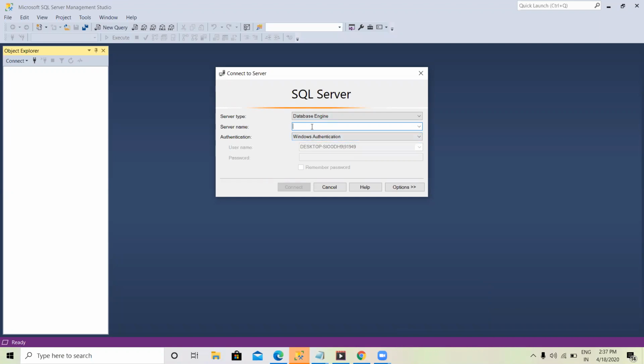I simply give the server name, which is a dot, and then click connect. The new SQL Server window will open. Here there are files like File, Edit, View, Tools, Window, Help. To create a new database, we go for New Query. A new query window will open, and in that query we are going to perform our operations.